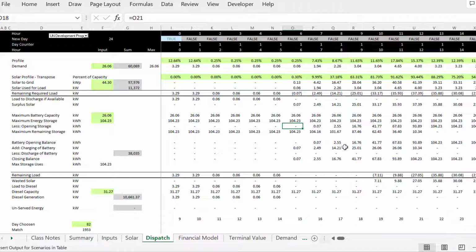And then you can say, okay, this is our maximum storage. How much have we already stored? That's the opening balance. That's just like you would do all sorts of other things with what's the maximum commitment and how much have you already used? And then you've got what's left over, and then eventually we run out of battery